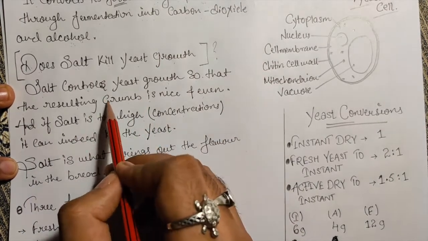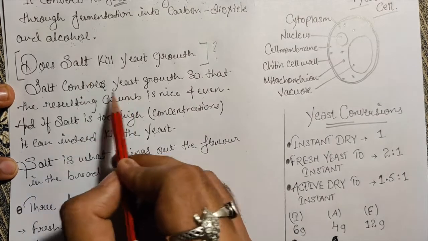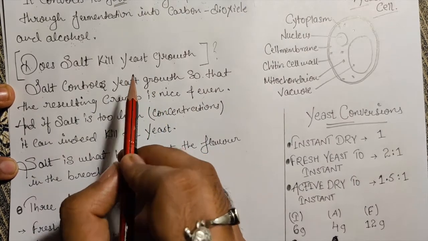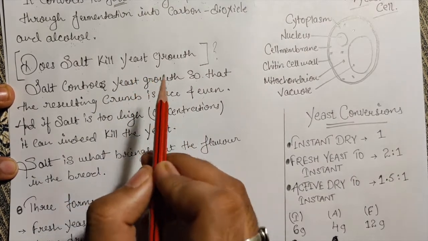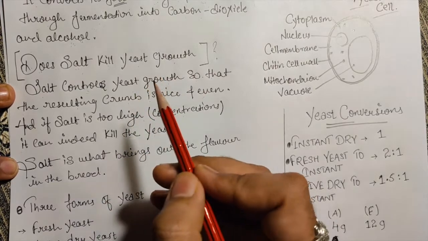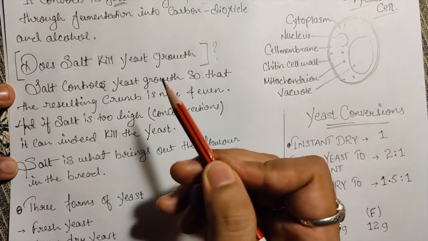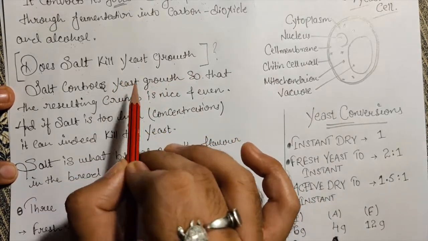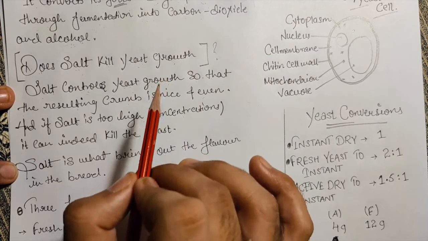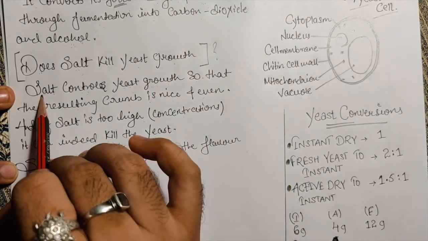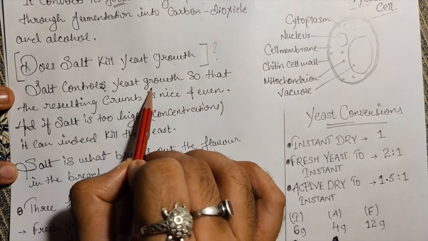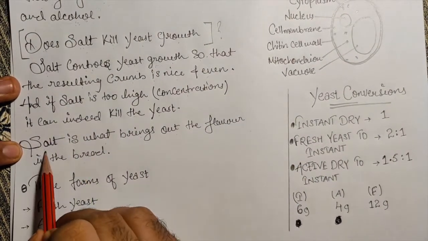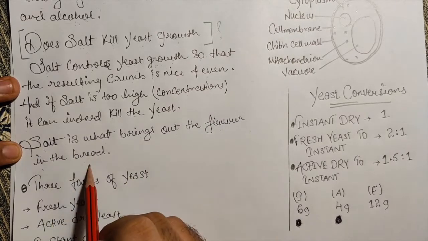Let me explain here that salt actually helps to control the yeast growth, because one dough can be proofed 2 to 3 times and still double in size, meaning it can produce so much CO2. So understand how much capacity the yeast has, that it can produce CO2 even after thrice proofing. For that reason we add salt to control the yeast growth. Clear? Salt also brings out the flavor in the bread and gives a delicious flavor.